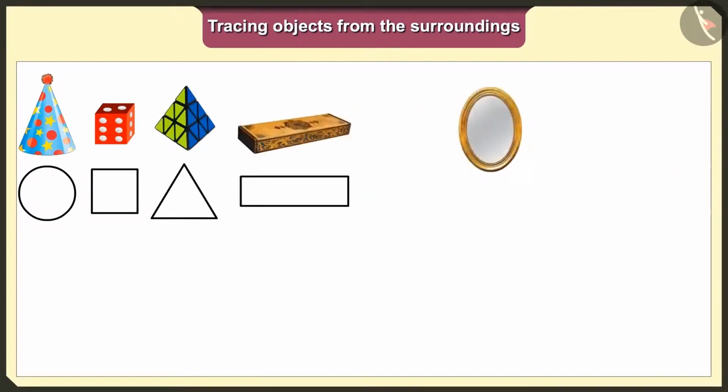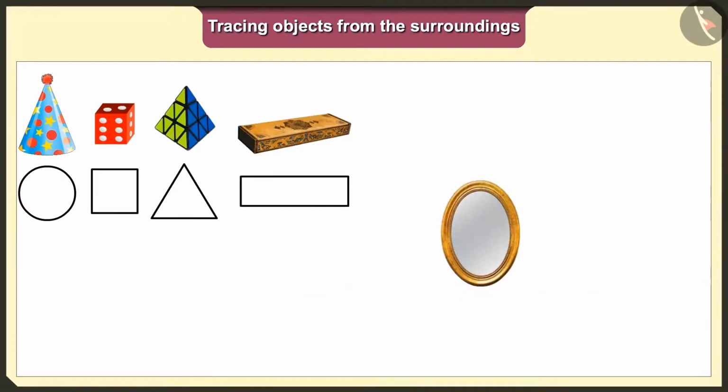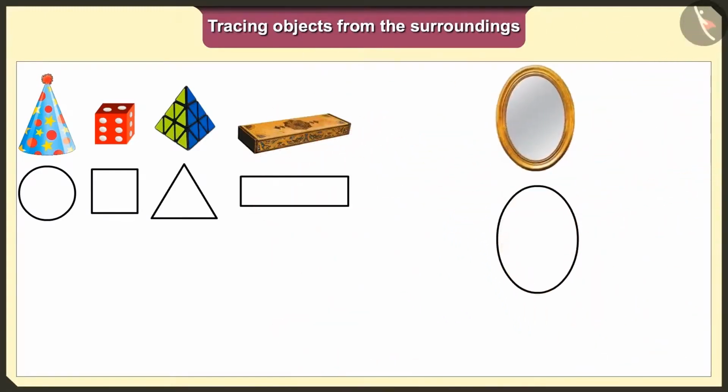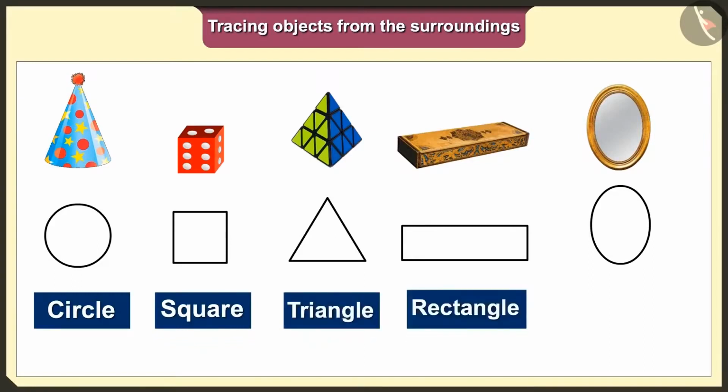trace it. Now tell me, which shape would we get when we trace this mirror? The base of this mirror is oval, so we will get oval shape when we put it on paper and trace it. So, today we traced the objects in our surroundings and got the shapes like circle, square, triangle, rectangle